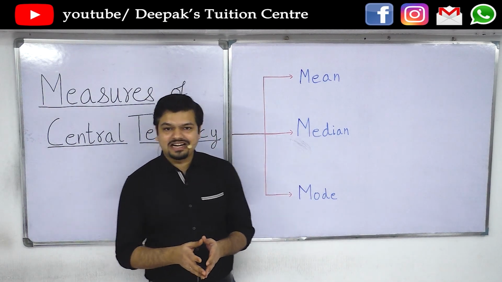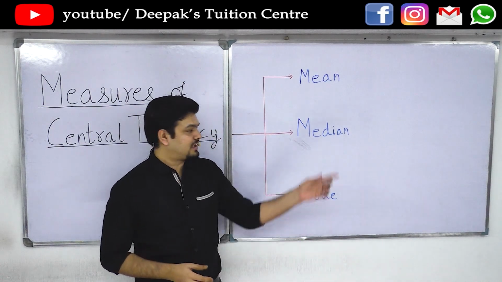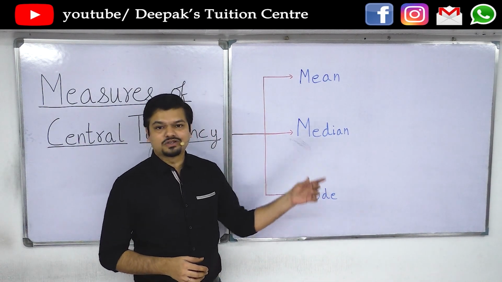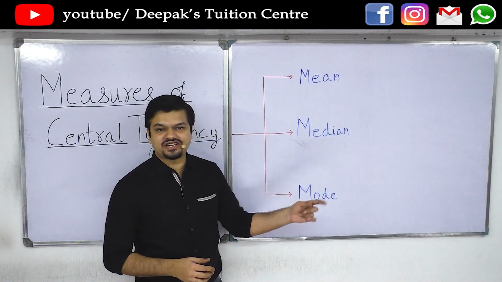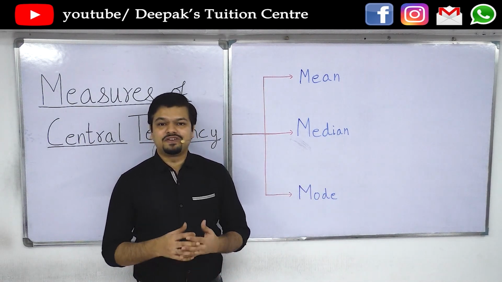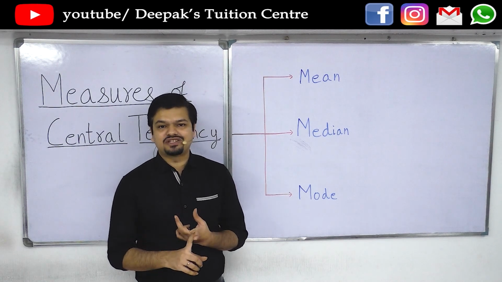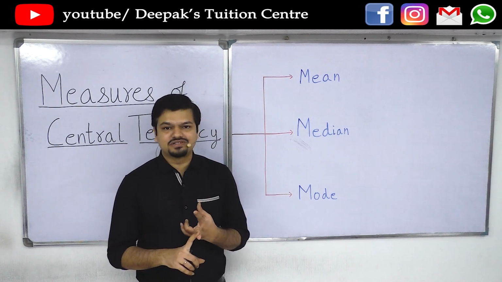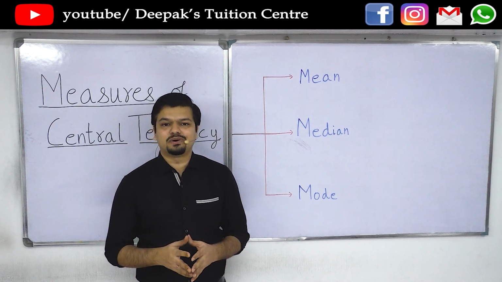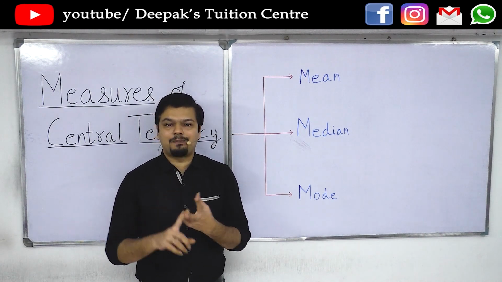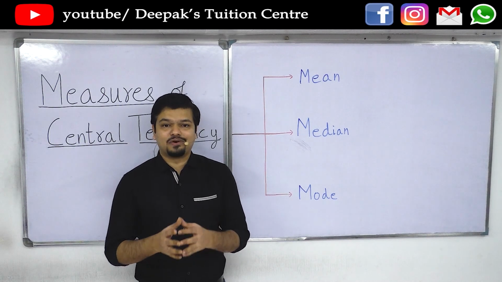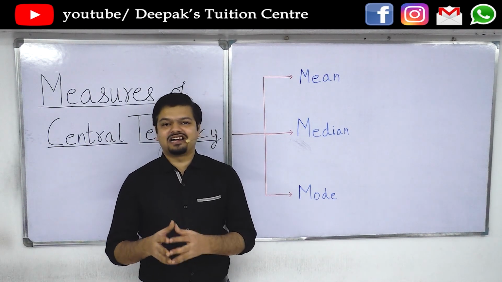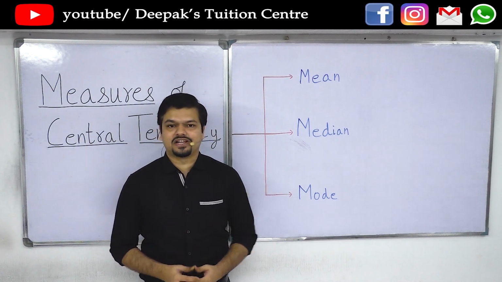We also need to understand the graphical presentation of median and mode. The graphical representation of median is an ogive, and the graphical representation of mode is a histogram. So we need to calculate median using ogive and mode using histogram. We also need to calculate lower quartile, upper quartile, interquartile, semi-interquartile range, etc. So we need to focus on our formulas and the understanding of the chapter very carefully.